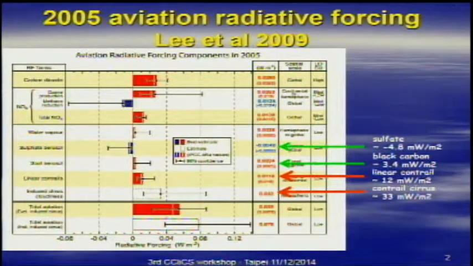People will typically ask me why I care when the impact is so small. I'll point out, based on aviation emission, the carbon dioxide forcing is about 28 milliwatts, which is on par with contrail cirrus. If we are concerned with carbon dioxide, we should be concerned with contrail cirrus as well.